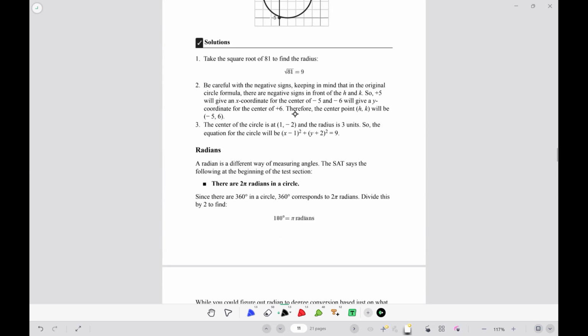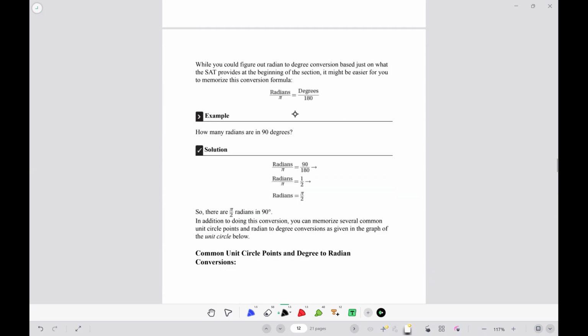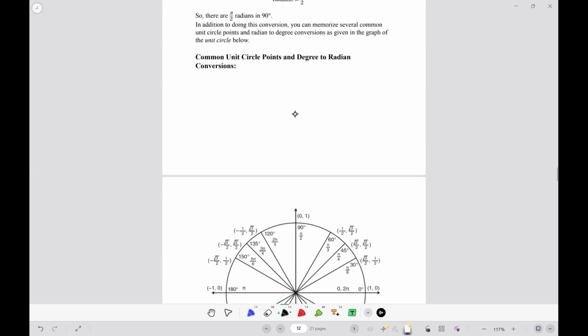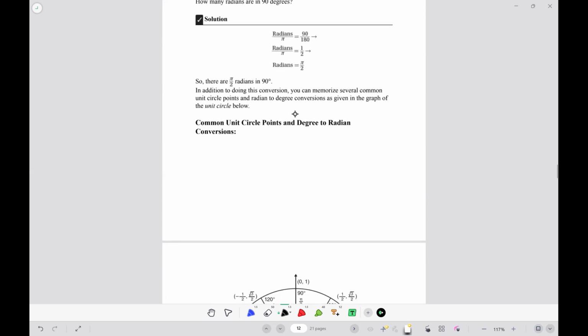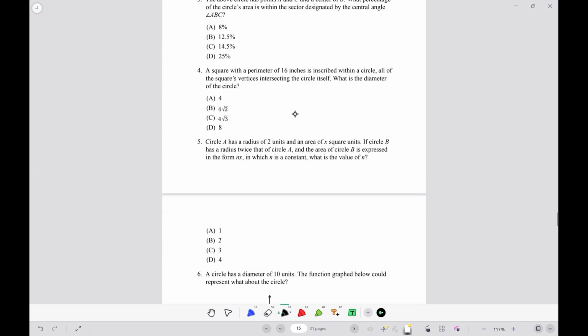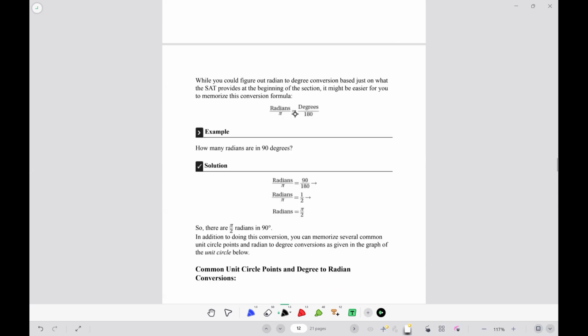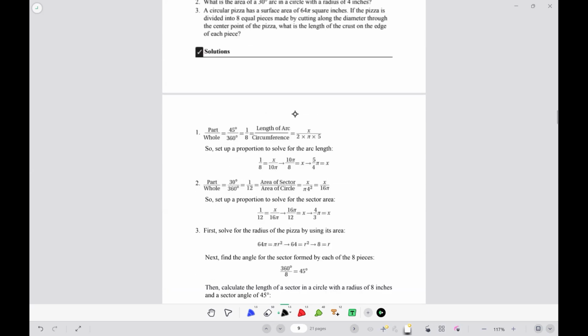And we are also going to talk about radians. Basically, radian is a very, very important unit. I already told you that radian is one of the units for measuring the angle. And then we are also going to do some real problems, which are some real-life looking problems. Okay, so